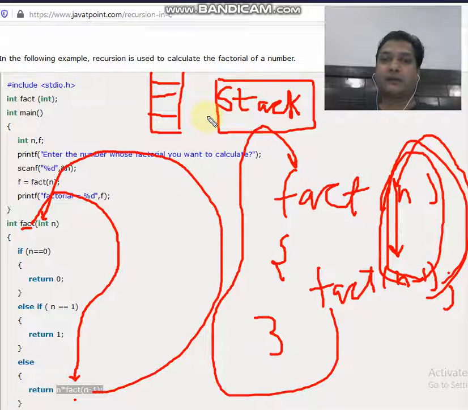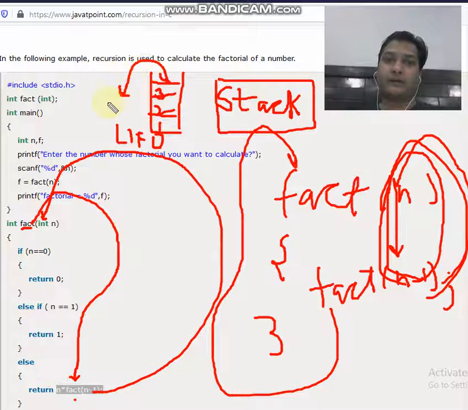And what is stack? Stack is a memory, or an arrangement, where the last in first out principle is seen. That is, the last value stored, that is 4 stored last, will always be taken out first. So this is called LIFO, last in first out. Which gets entered into the memory last is always taken first. Suppose 1 was stored firstly, then 2 was stored, then 3, then 4.